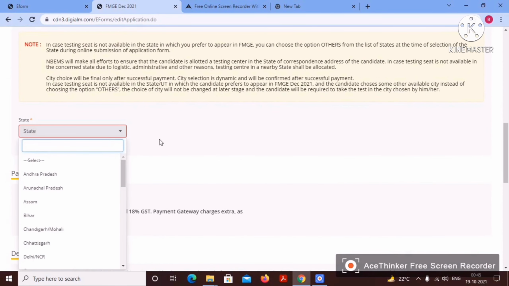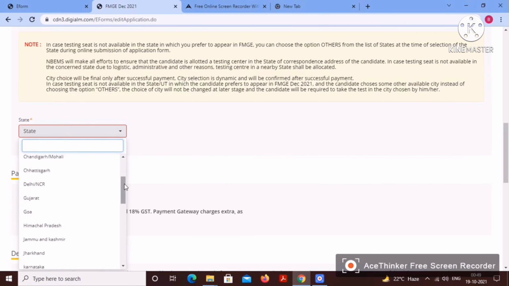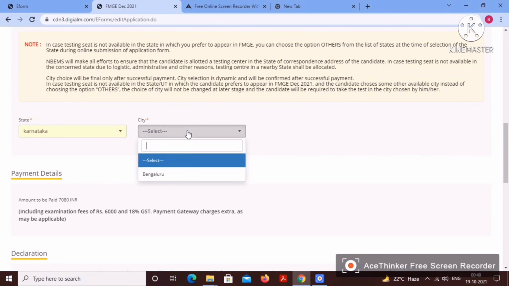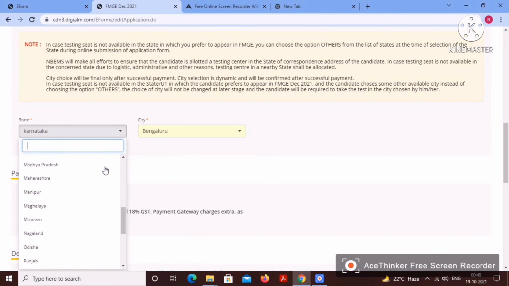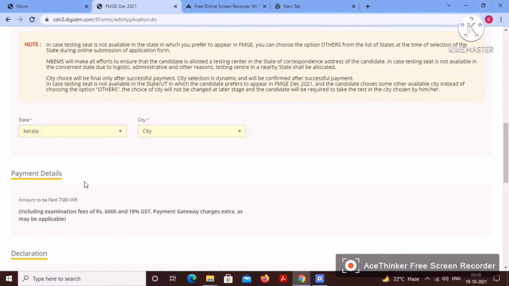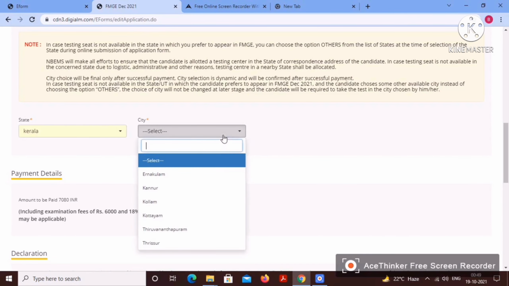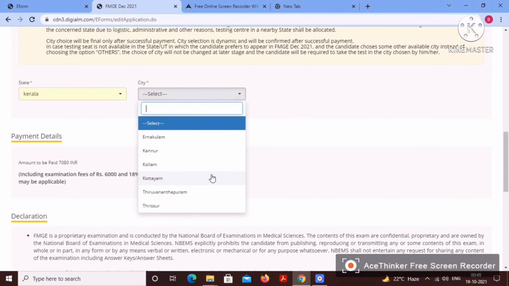The next step is selecting the city and state. Check near your hometown which cities have an examination center. If I click here for Karnataka, there is only one center, Bangalore. If you select Kerala, a lot of cities come up.